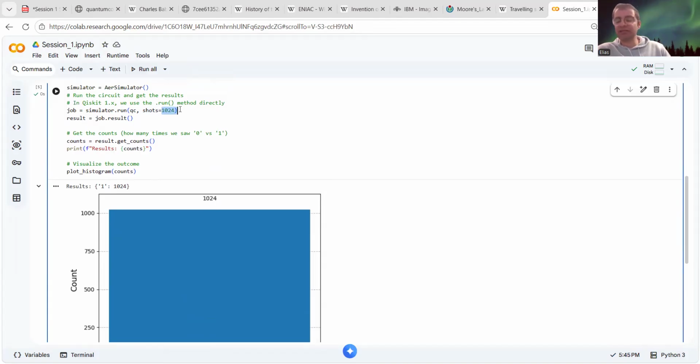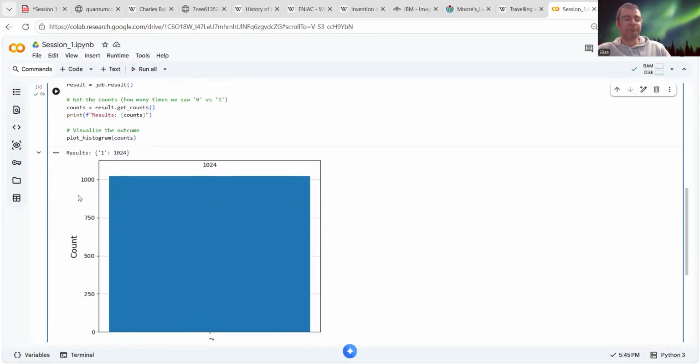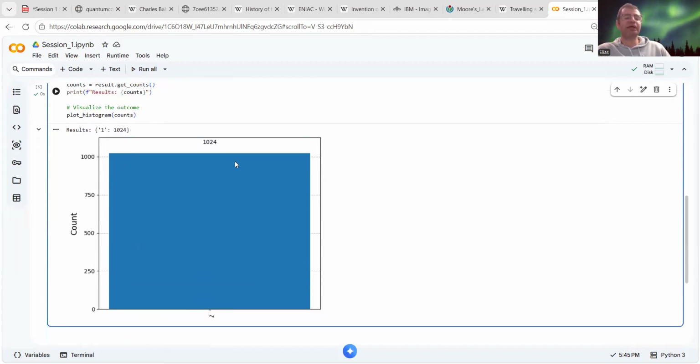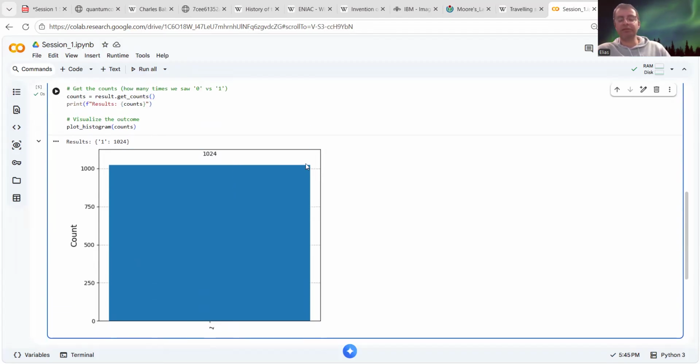If in the majority of the cases the measurement says 0, I assume the initial state was 0. If the majority of cases say 1, I assume that the initial state was 1. But here, as you can see, all the states say that the result is 1. So we know that the outcome is going to be 1.